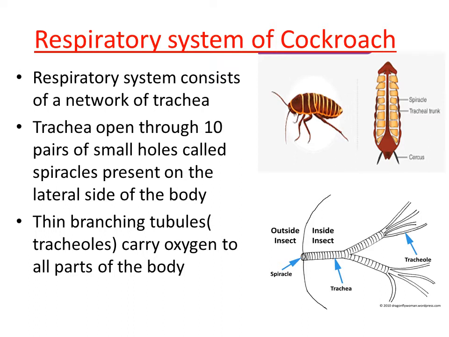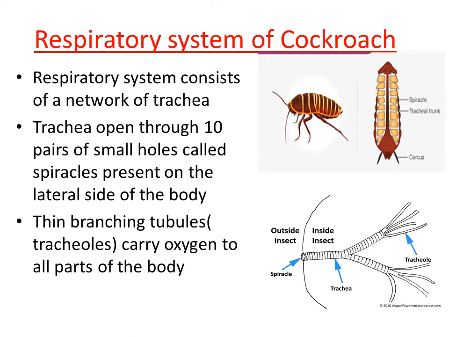Spiracle is a small hole that opens towards the lateral side of the body, and the spiracle is connected with the trachea. As I said, trachea is a tubular structure, tube-like structure, right? Within the body, this trachea gets branches. That means a fine branch will form from the trachea. Those fine branches are called tracheoles. Oxygen enters into the body through the spiracle, and through the trachea oxygen is carried to each and every corner of the body through